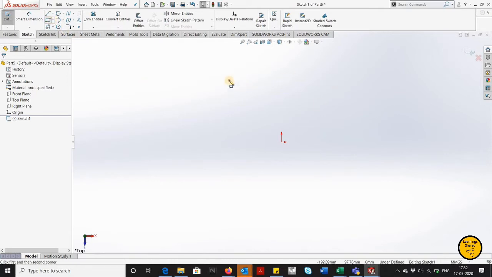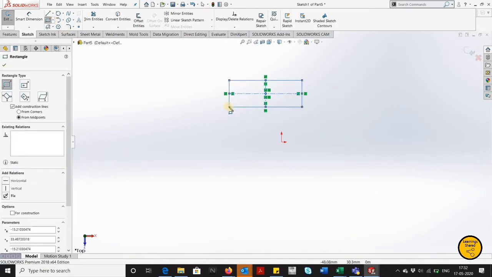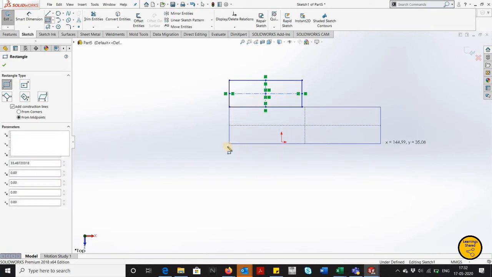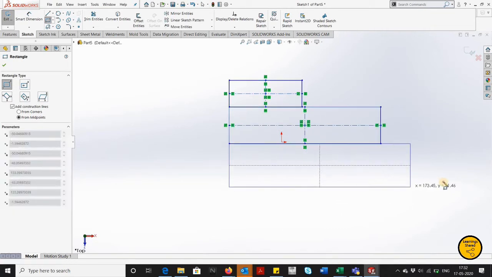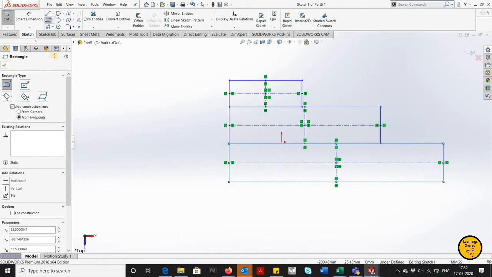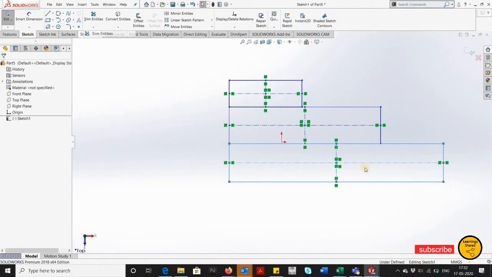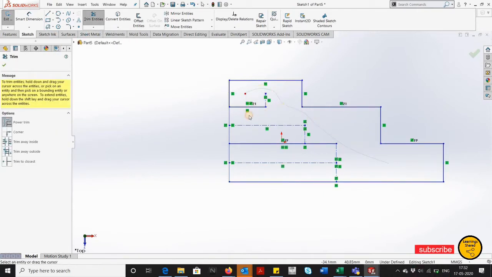I will draw one rectangle for demonstration, for dimension demonstration. I will draw one rectangle, trim,